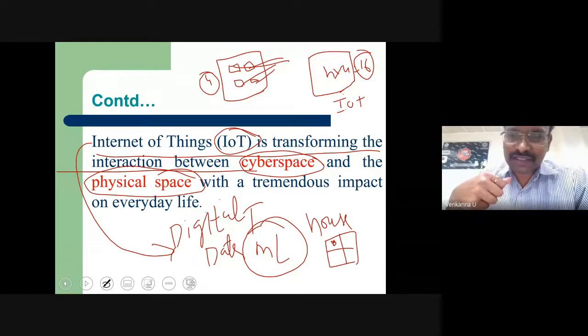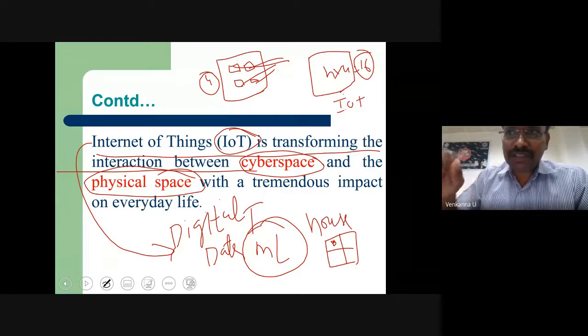The doctor asks how many hours he has been crying or what his health condition is. You don't have the data. You give some vague answer: the past 1 hour, past 1 day, past 10 days. Like that, vaguely, but it is not correct. Because you are not giving correct information to the doctor, obviously the doctor cannot diagnose properly.